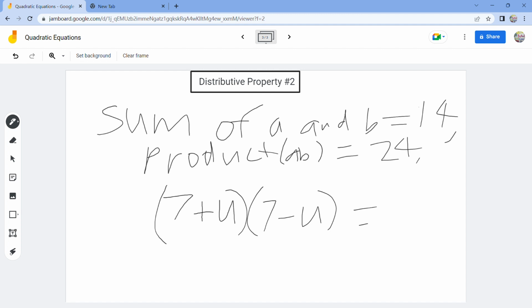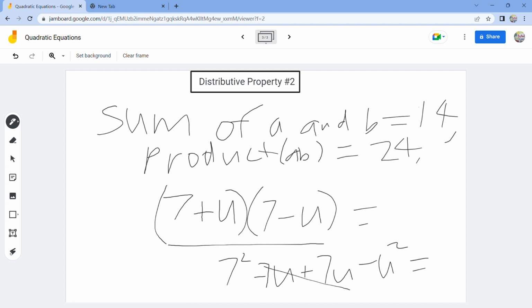Okay, so that is equal to... So guys, this is the second concept in quadratic equations, distribute. So this is a binomial. Over here it's like 7 squared minus 7u plus 7u, and then minus u squared, and then these guys, minus 7u plus 7u, cancel out. So then 7 squared minus u squared is 24. So it's like 49 minus u squared is